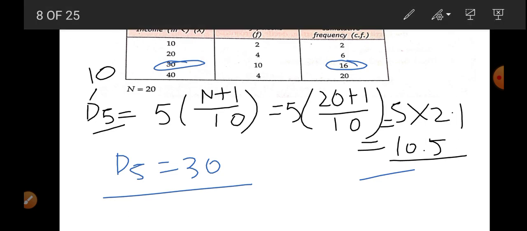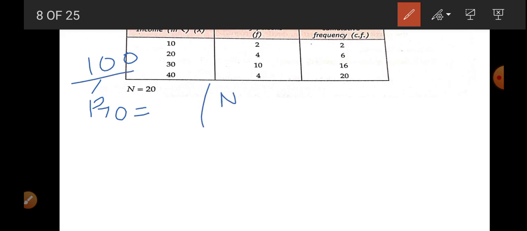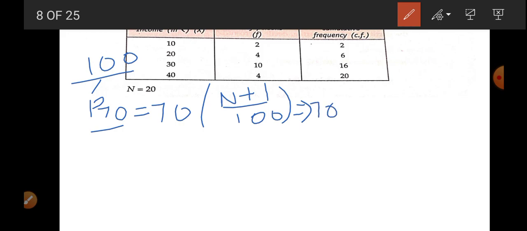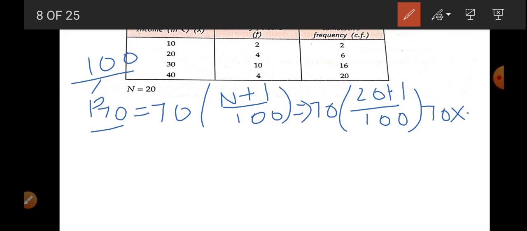P70. So we are going to calculate P70 here. Now, first we are going to generate the equation. P70 is equal to percentile divided into 100. So this is your basic equation: (n plus 1) we are going to divide by 100 and outside we will write 70. Okay student, now put the value in this equation. 70 times (20 plus 1) upon 100. It means 70 multiplied by 0.21. So what value do we get?